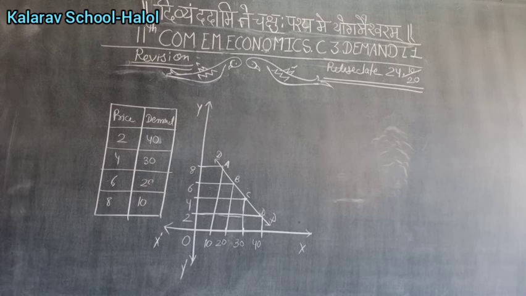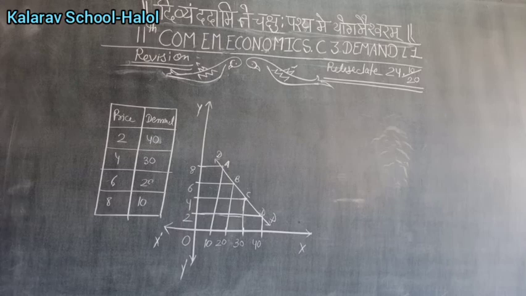What is demand? Demand is the quantity of a commodity which a buyer desires and is able and willing to buy. The most important thing is that your desire should be there, and at the same time you should be willing to purchase the commodity at a particular price, place, and time. At the same time, the commodity should be available in the market and the seller should be ready to sell. Then you can say that is the demand of a particular person.